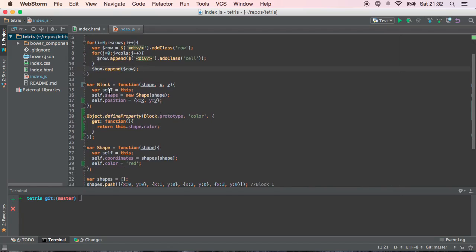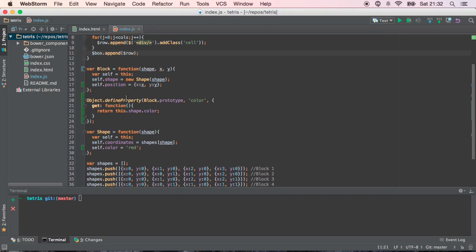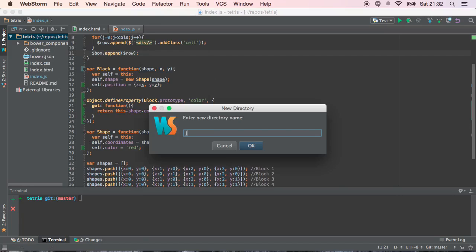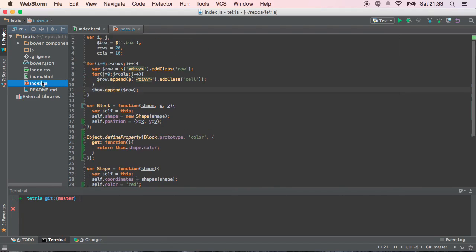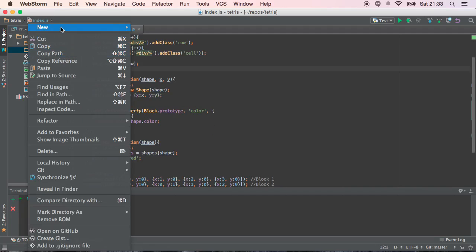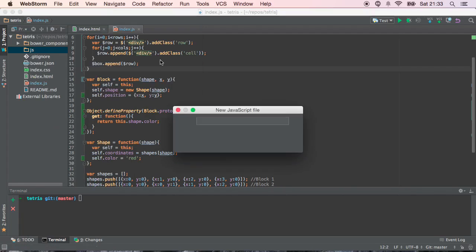And so what I'm going to do is start extracting some of this stuff into its own files probably. So we're going to create a new directory, JS directory. We're going to leave the index.js here, but I want to create a new, we're going to call this, we're going to do this in